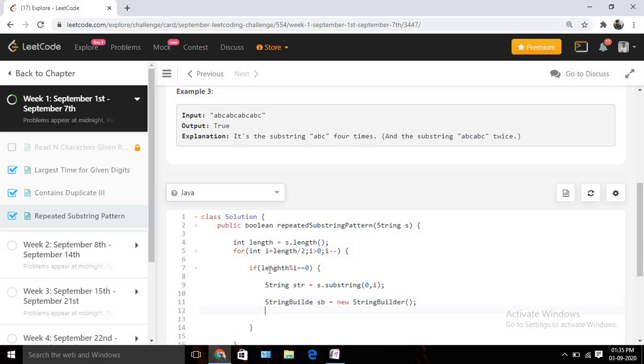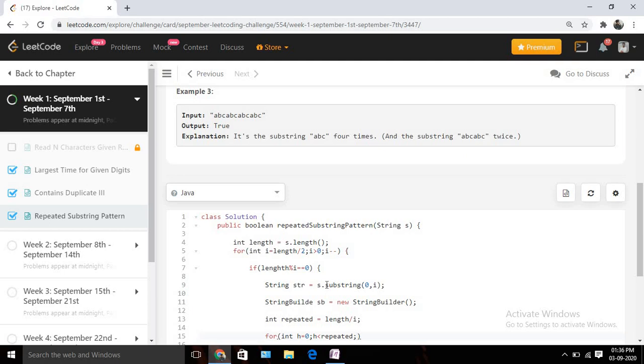Okay, now I am going to run another for loop. Let us name it h, and it will start from 0. In between we need to identify how many times the substring should be repeated, right? We can get that easily: repeated equals length by i. Suppose my substring size i is 6 and my total length is 12, then it can be repeated a maximum of 2 times. So we will check h less than repeated,